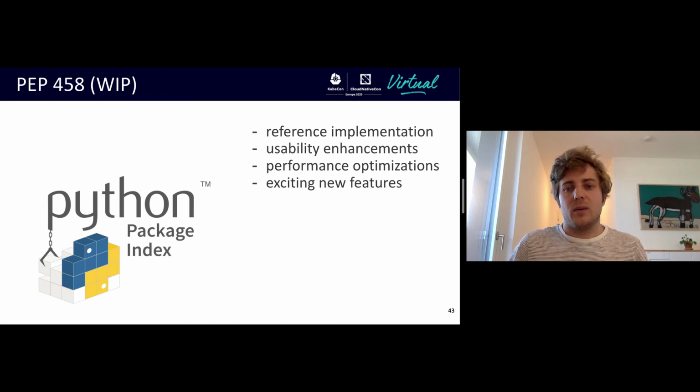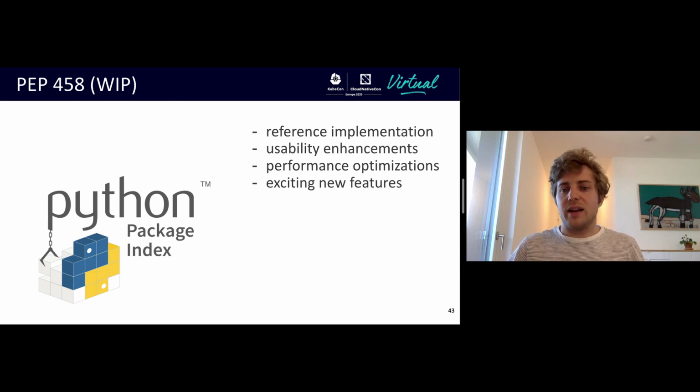And the Python Software Foundation has received funds to make this happen. And we at NYU are helping to update our reference implementation, which somehow forces us to revise some of our concepts and add a couple of usability enhancements and also performance optimizations, which is really great.